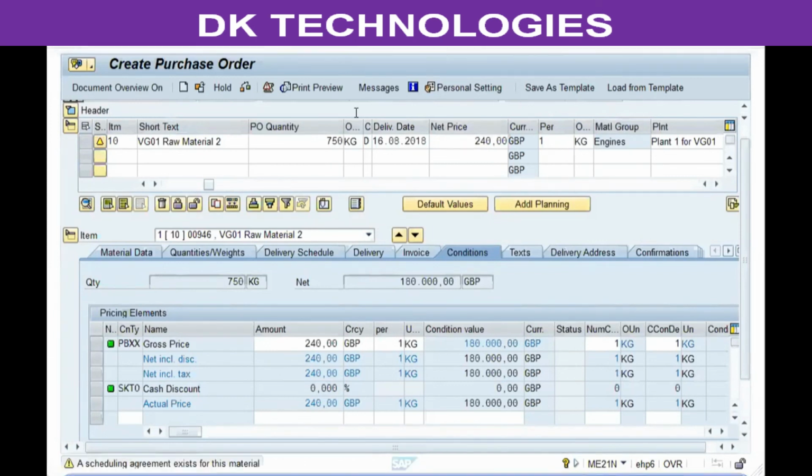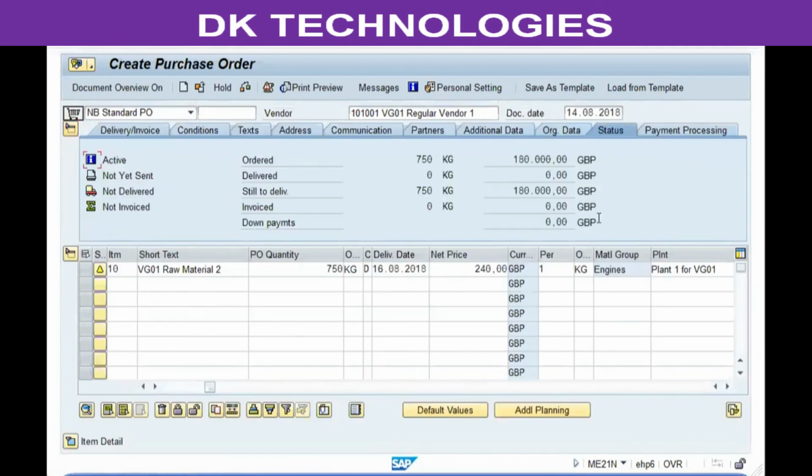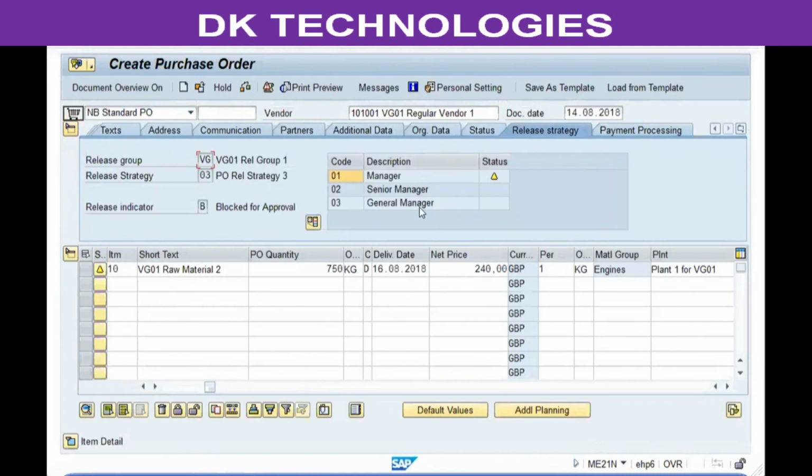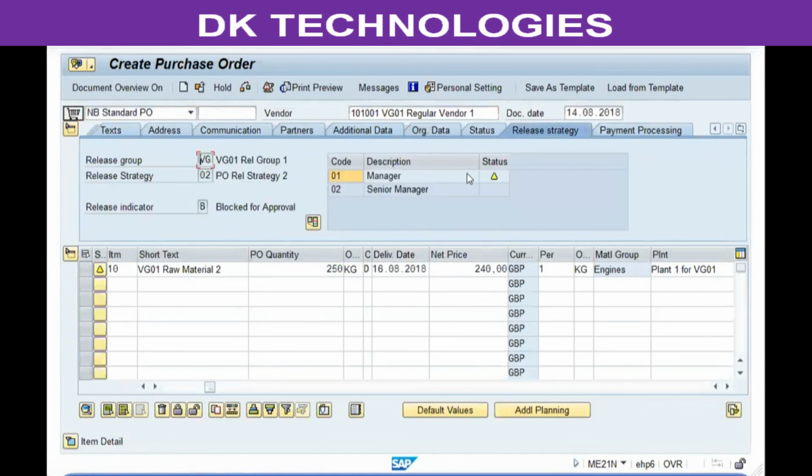So press enter, and once you go to the header part, it will show me the total value for this document. When you click on check, based on the release procedure, now you'll have a new tab called release strategy assigned, showing you the levels of approval required for approving this document. When you change the quantity, the value is going to change. Now when I click on check again, the strategy is also going to change. So like this, based